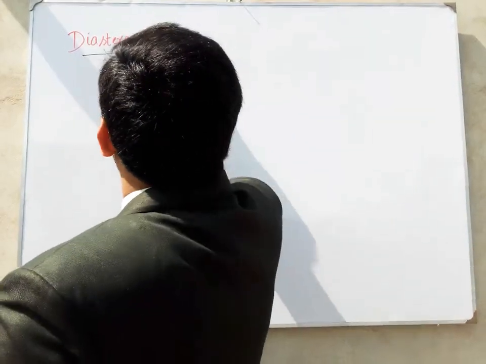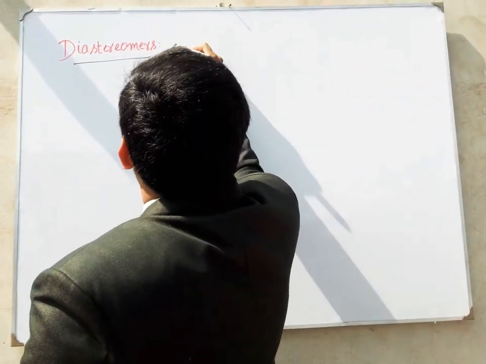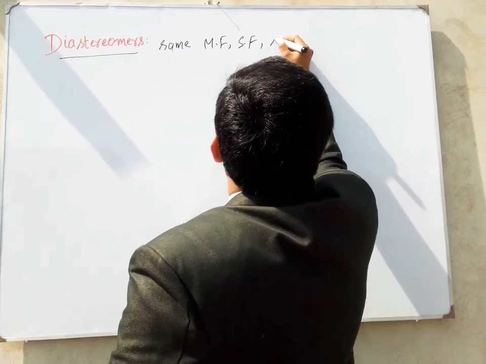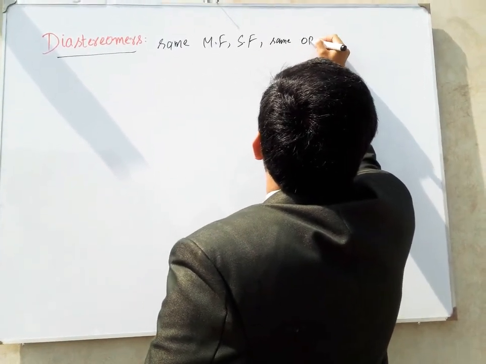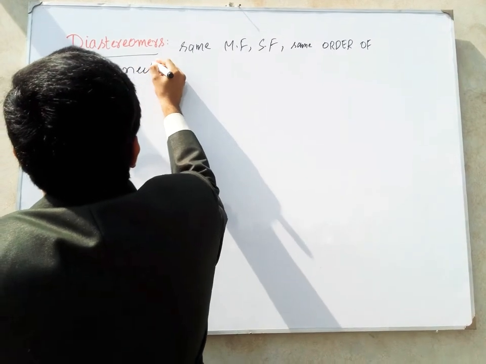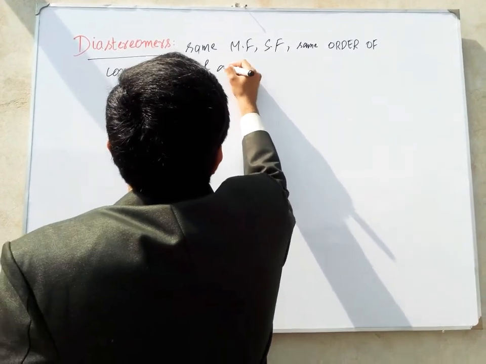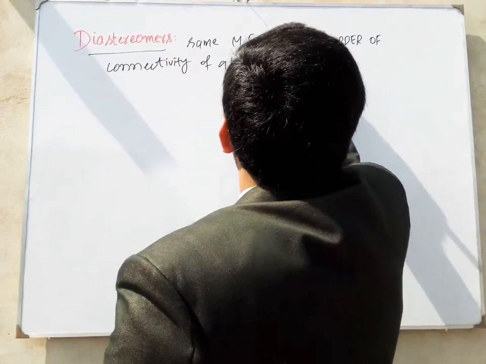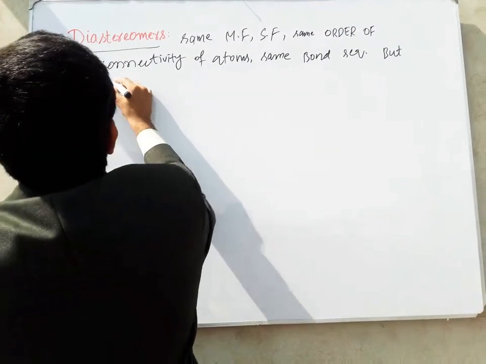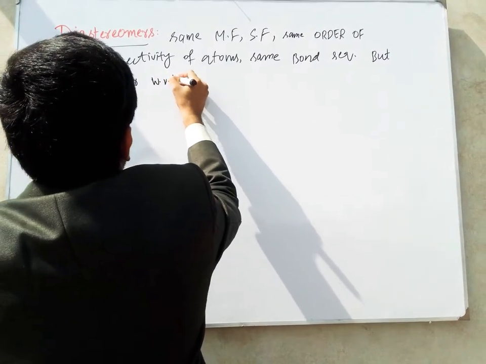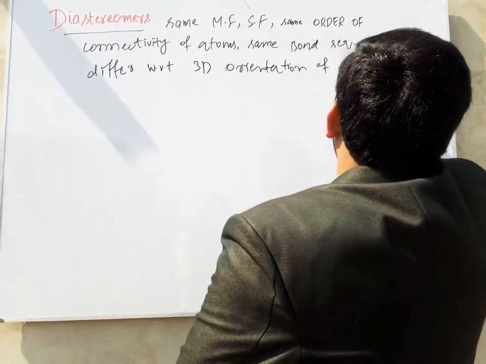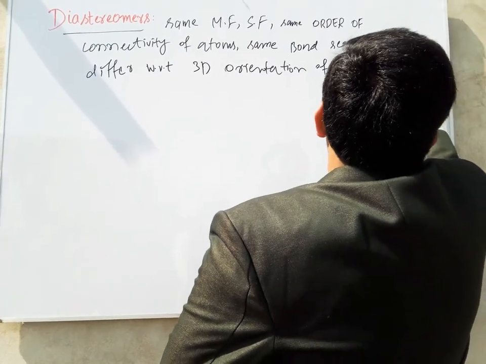What are diastereomers? Diastereomers are compounds having the same molecular formula, same structural formula, same order of connectivity of atoms, and the same bond sequence, but they are different with respect to the three-dimensional orientation of atoms or bonds in space,